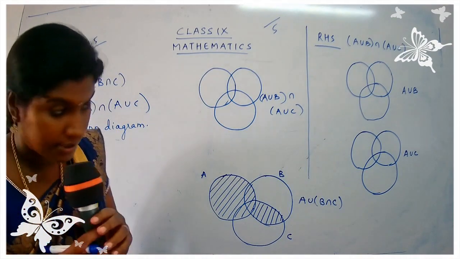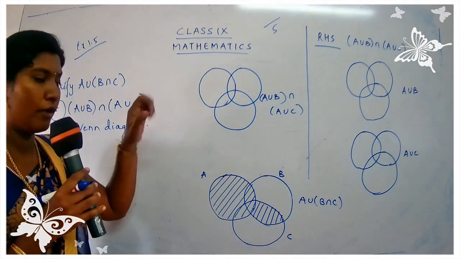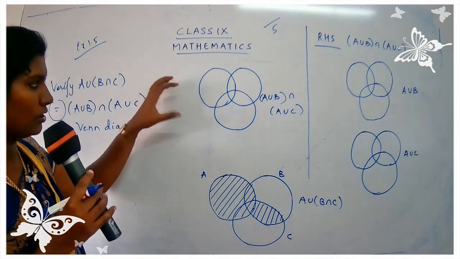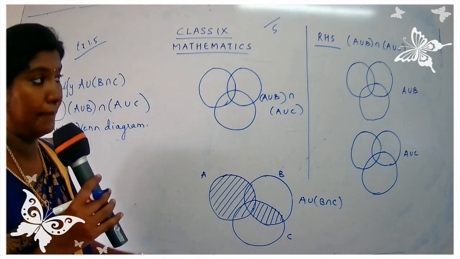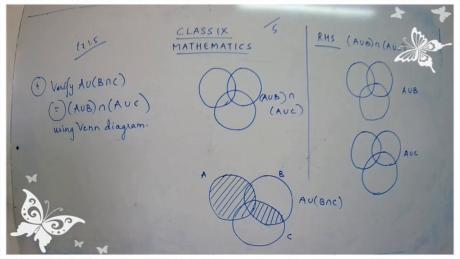Are you ready with the 3 circles, children? Get ready with the figures. You have to draw one below the other. If you are drawing this type of figure, try to take a new page. If you take a new page, you can draw all 5 Venn diagrams in a single page. So you can complete a sum in the same page. Are you ready, children? Shall we start with the work? Okay. So I have given you a lot of time. I hope you are ready.